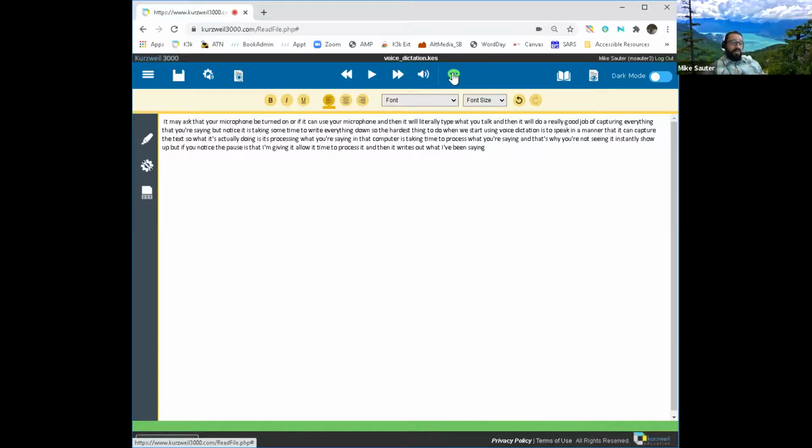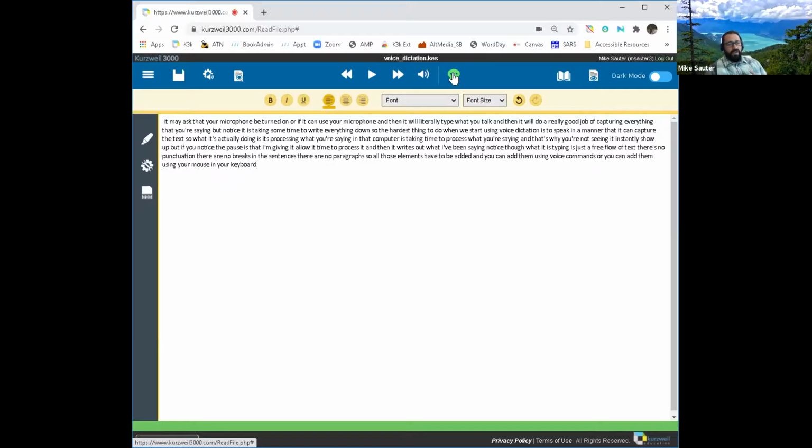Notice though, what it is typing is just a free flow of text. There's no punctuation. There are no breaks in the sentences. There are no paragraphs. So all of those elements have to be added, and you can add them using voice commands, or you can add them using your mouse and your keyboard.